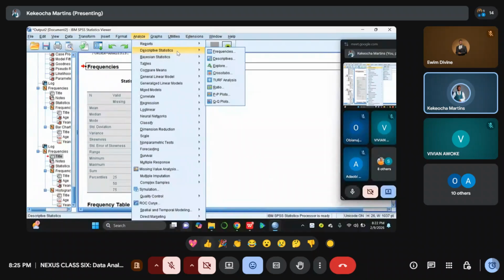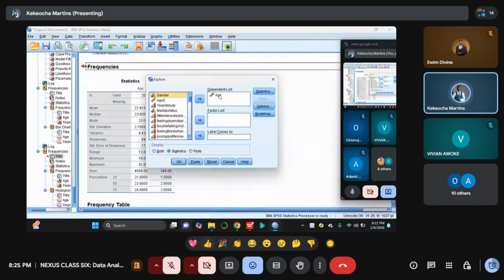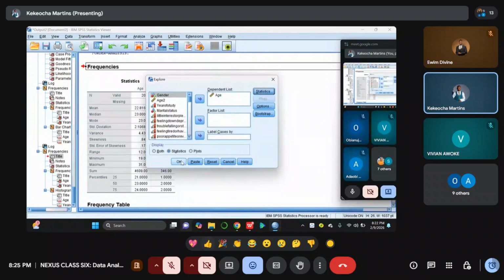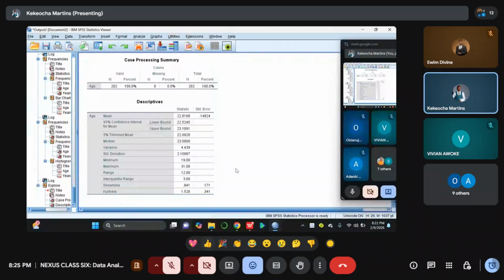Going over to the interval estimation, if you come over to descriptive statistics, you come to explore. Yes, let's use the age for an example. So we have age. So when you come to the statistics, there is a confidence interval for the mean, which is 95%. So let's choose that and see what it is going to give us. So statistics, yes. Okay. So now we have our 95% confidence interval for this mean. So for our point estimation, we said since the mean age is 22.816, our interval estimation can now be that